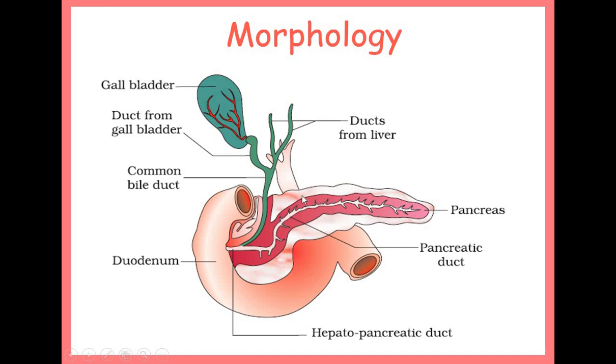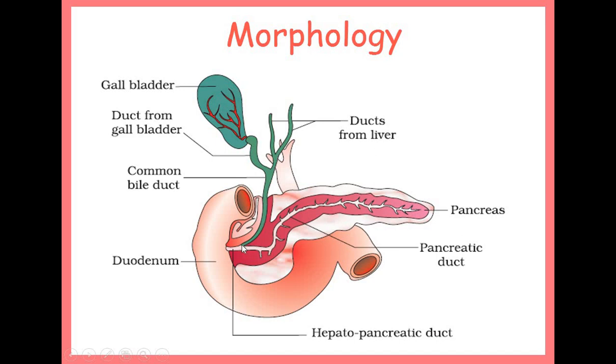Pancreas, we know, is a mixed type of gland which is having both exocrine as well as endocrine part, and exocrine secretions are released by a duct, right? You know that exo refers to outside, crine refers to release. So secretions are always released through a duct, but this duct is having a combined structure with the hepatic duct, right? So this is a common bile duct which is received from the cystic duct and this hepatic duct.